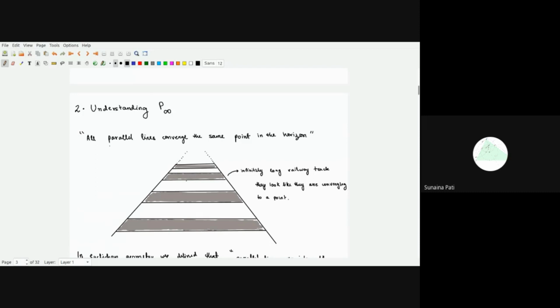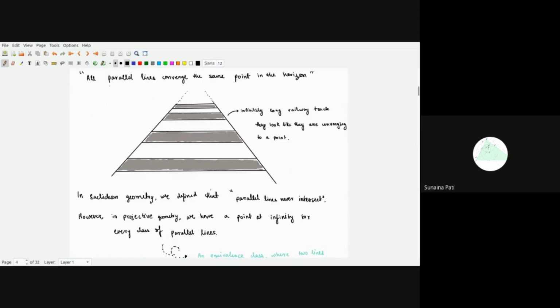And you could imagine like this. This is like an infinitely long railway track, and they look like they're converging to a point. So in Euclidean geometry, we have defined that parallel lines never intersect, right? However, in projective geometry, we say that the parallel lines do intersect at a special point called the point at infinity,